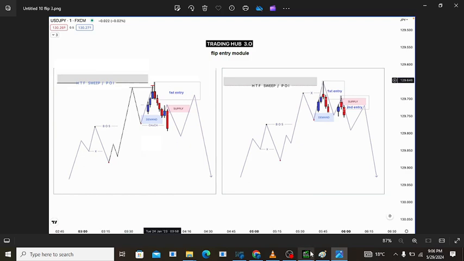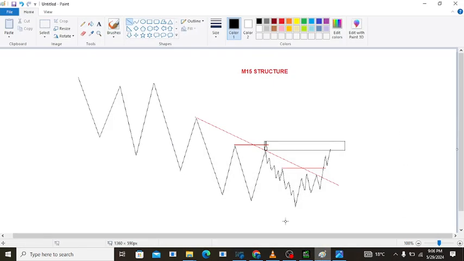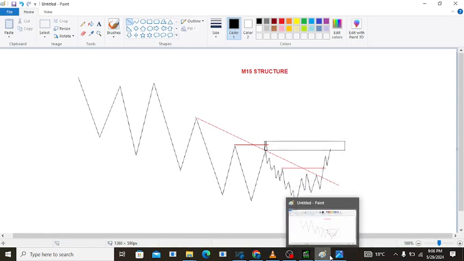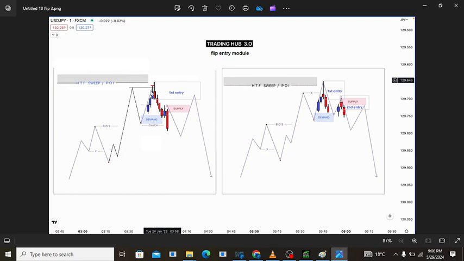This is my point of interest. This one. This one. Then the price sweeps this previous high into this point of interest. This is a high probability setup. You see, with context, I cannot just take randomly when I see this structure in M1, even if this is a high probability setup in line with the